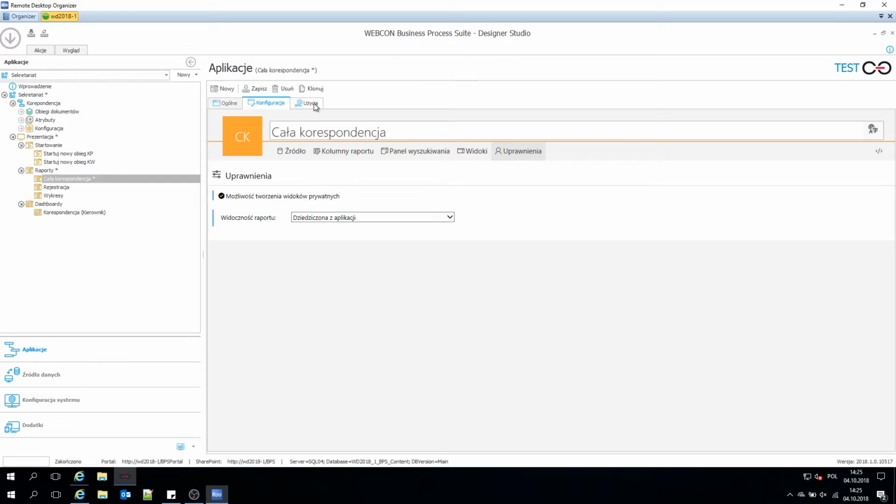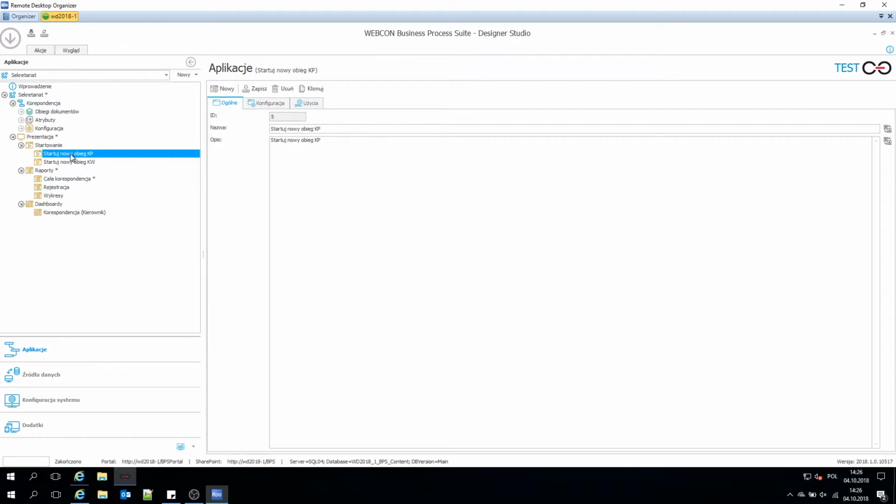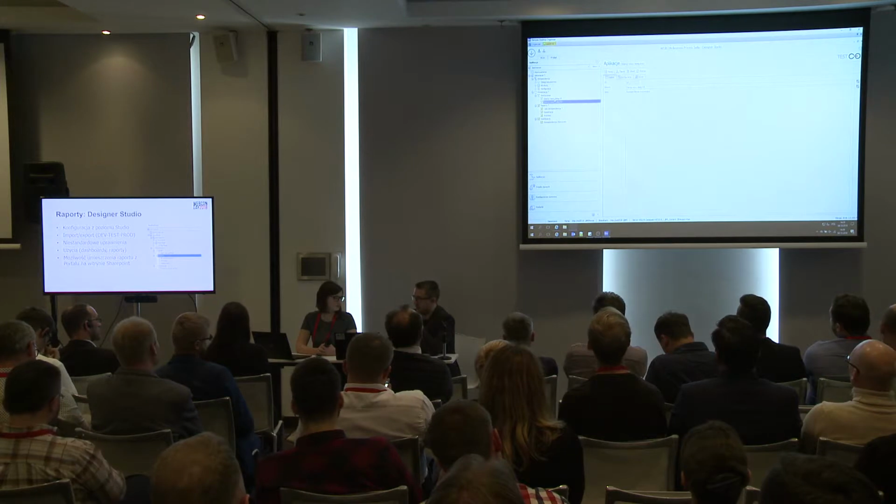The third tab that you can see, considering that we have a lot of reports and a lot of dashboards, in the Use tab we can preview which dashboard features which report. Now there is also a possibility to place a new report in any place, especially in the SharePoint site, especially in the previous version, 2017, if you migrate, you can replace old web parts with modern web parts by embedding